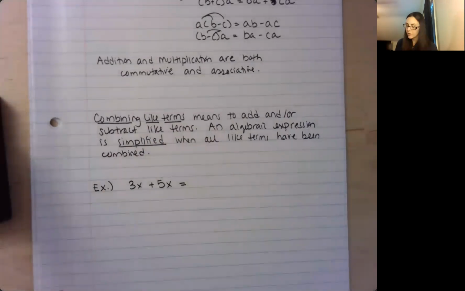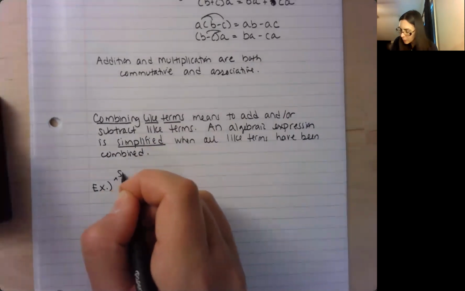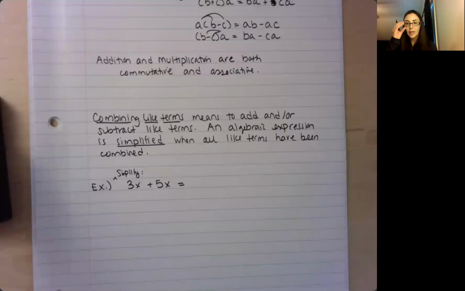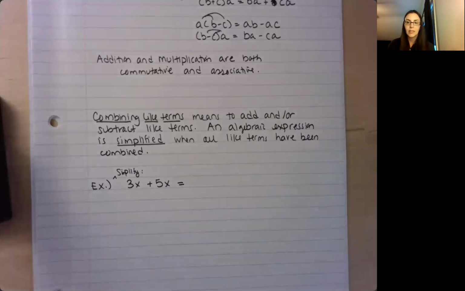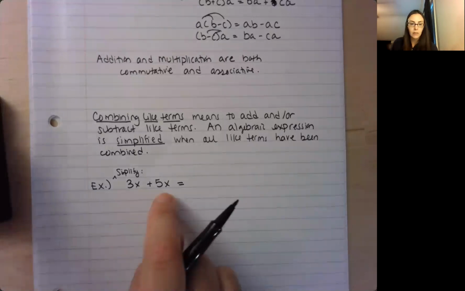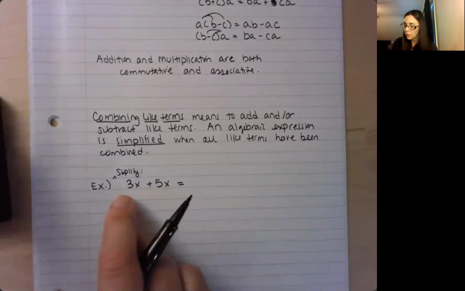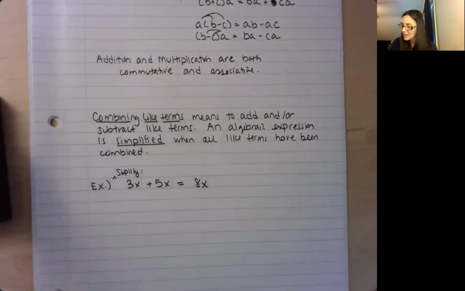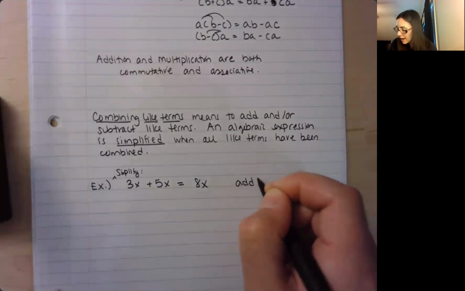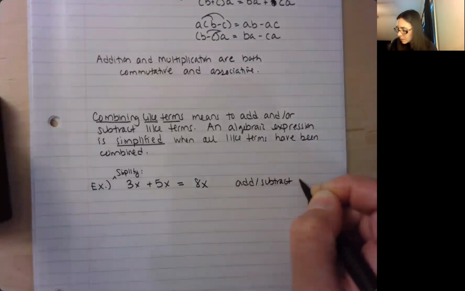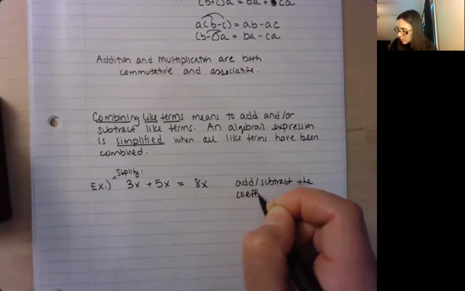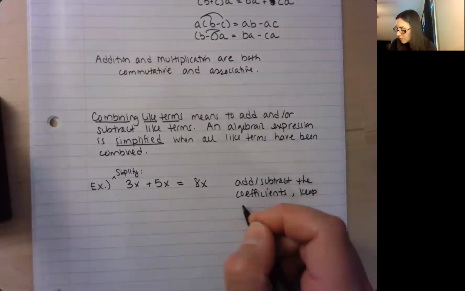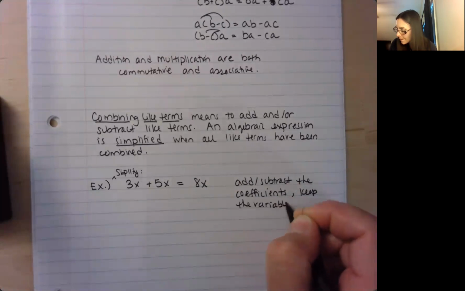So I have 3x plus 5x, and we're going to say simplify. Now, what's going to happen is that you are just going to put like terms together. So notice that these are like terms here, right? They both have an x. So I can just do 3 plus 5. 3 plus 5 is 8, and the x stays. So what happens is you add or subtract the coefficients, which are the numbers out front, and then you keep the variable part